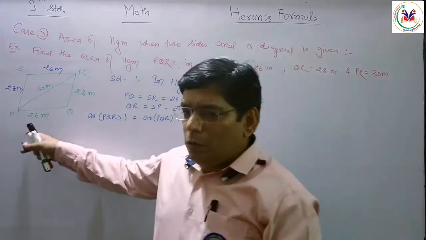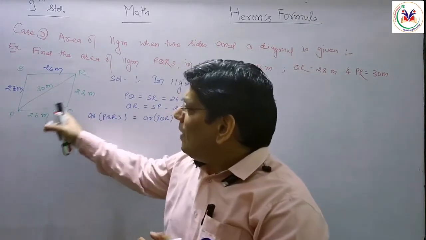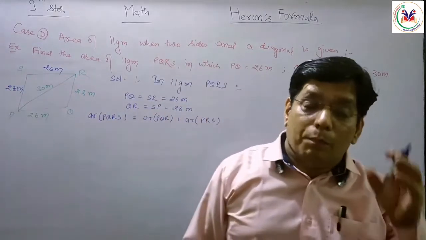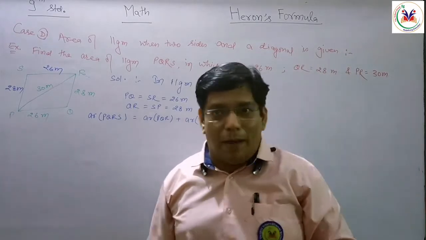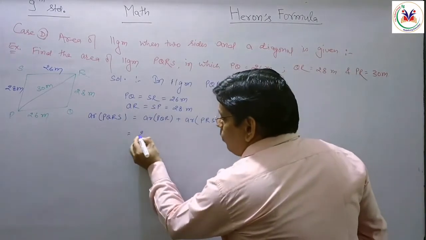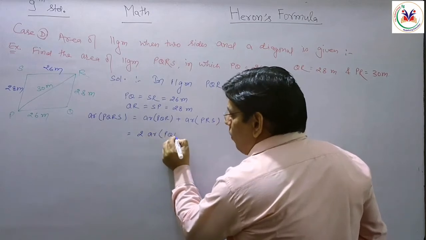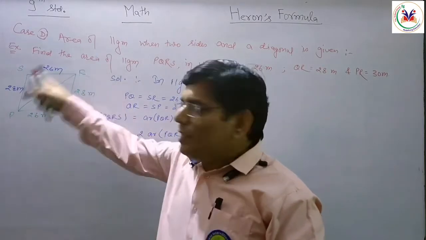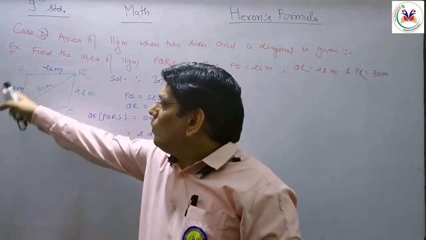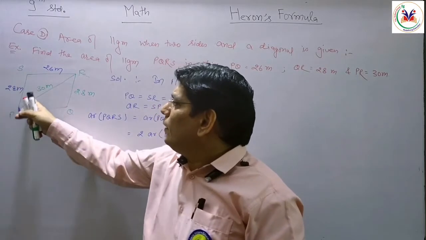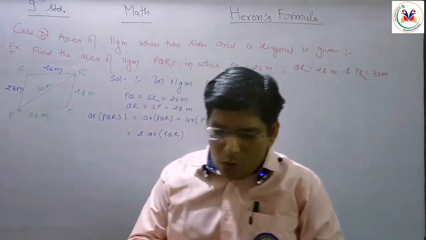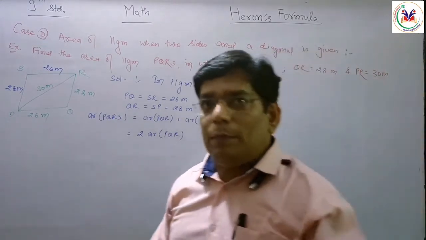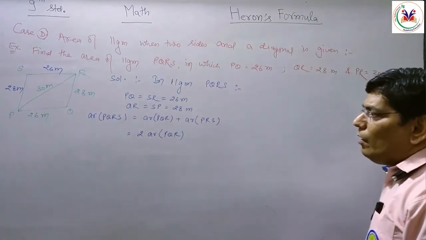और if you go through that PQR and PRS, आपको नहीं लगता इनकी measurement 26, 28, 30, 26, 28, 30, both triangle having the same measurement, so we can say that 2 into area of PQR, because हमारे पास जो एरिया PQR का आएगा वही एरिया PRS का आएगा, क्योंकि मेजरमेंट सेम है. सो व्हाट शुड वी डू? हम दो बार एरिया कैलकुलेट नहीं करके सिंगल टाइम एरिया कैलकुलेट करके वी शुड मल्टीप्लाई इट बाय 2, सो वी कैन गेट द एरिया ऑफ पैरेललोग्राम.